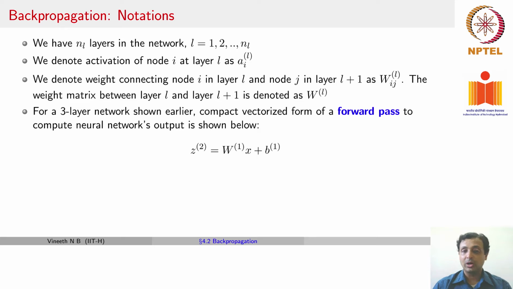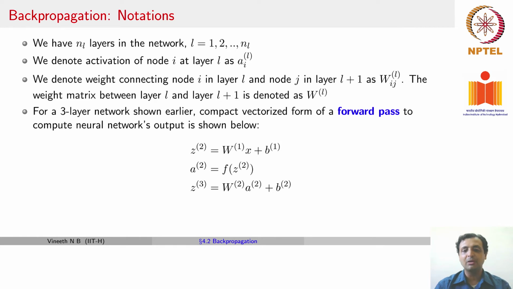For a 3-layer network that we saw earlier, a compact vectorized form of a forward pass can actually be written like this, and hopefully this will give you clarity on the entire procedure. Given an input X, you take the first layer's weights and biases, and you get the output on the next layer, that's Z superscript 2, second layer. You take Z and apply an activation function f, and the output of that becomes A superscript 2 in the second layer, where we assume one neuron in each layer